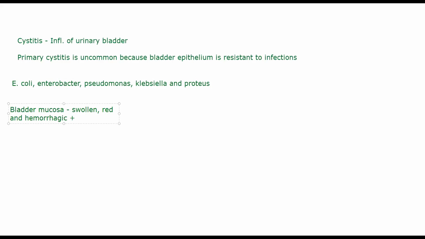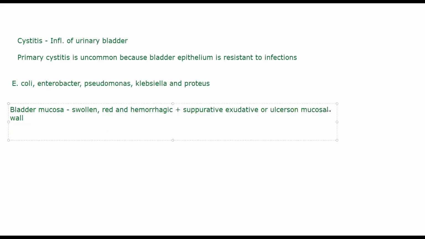Sometimes the patient will have congestion. That congestion is specifically because of suppurative exudate. Okay, pus-like exudate is called suppurative exudate. This suppurative exudate sometimes is accompanied by ulcers, ulcers in your bladder mucosa on the mucosal wall. Now again, if the disease continues for a long period of time, these ulcers might turn into complications of themselves.